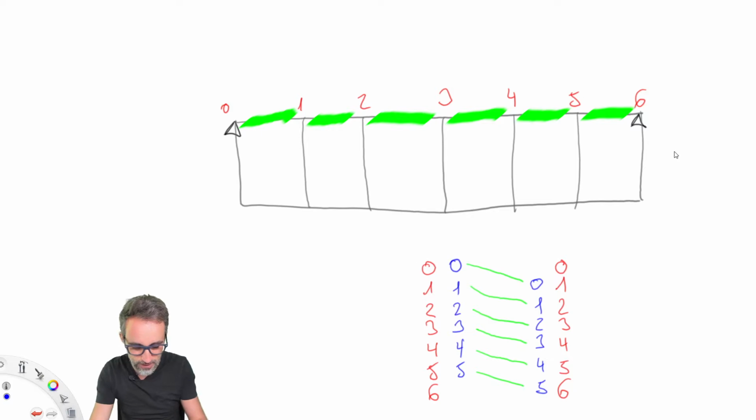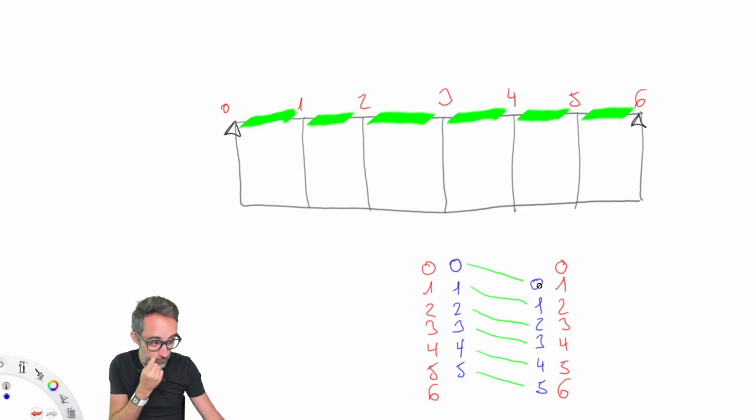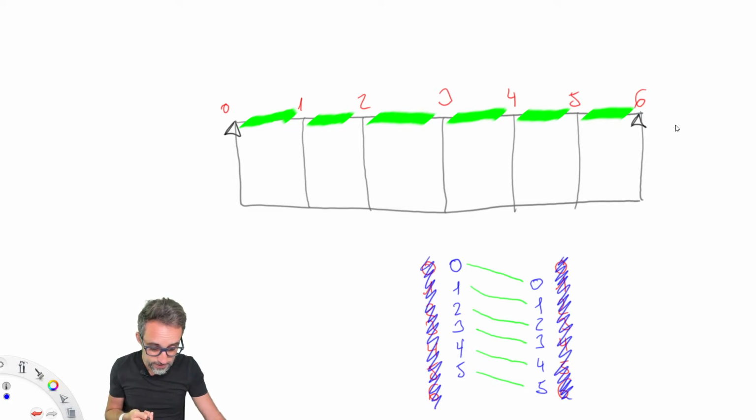I don't know if you see that. This one here will match with this one, which is now the first one after we remove this one. And the second with the second, and the third with the third, and the fourth with the fourth, etc. The idea is we create these two new lists, missing the last element and missing the first element, and as they reorganize, the nodes are now in the order that we want them to match with each other. And then we forget about the previous nodes. We don't need them anymore, really.